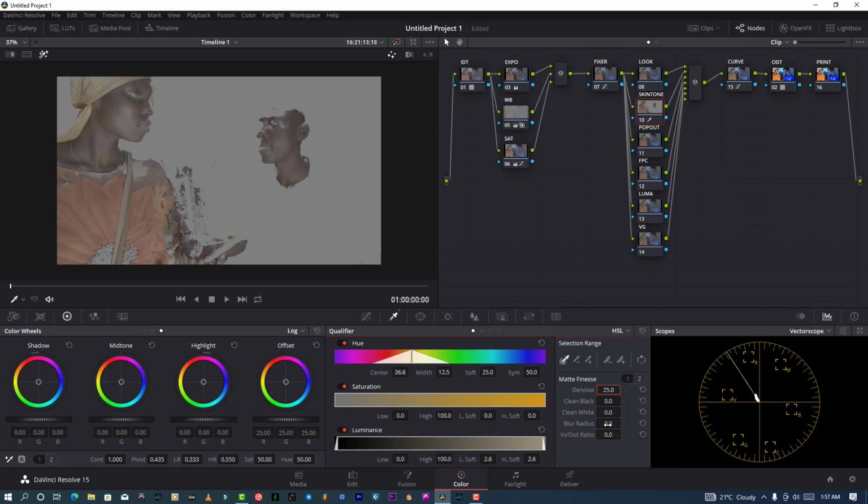Also 25 to my denoise, 15 to my radius, and -3 to my inputs ratio. When you just do -3, it's just getting inside. When you do a positive value, it's going to be outside, so that we expand it. I don't want to expand it. I just want to